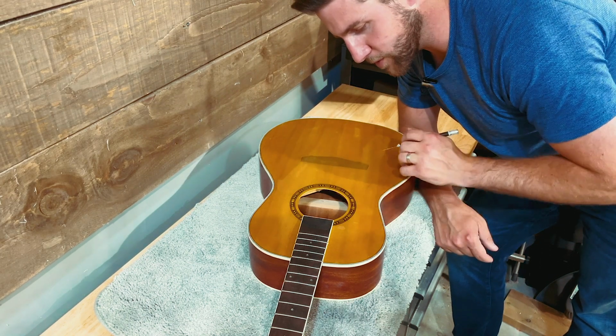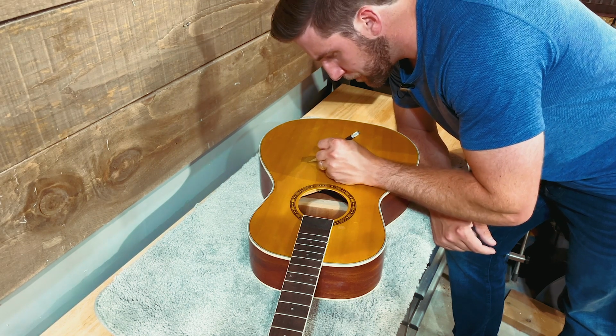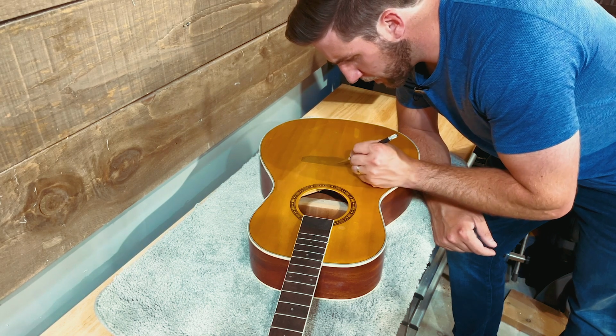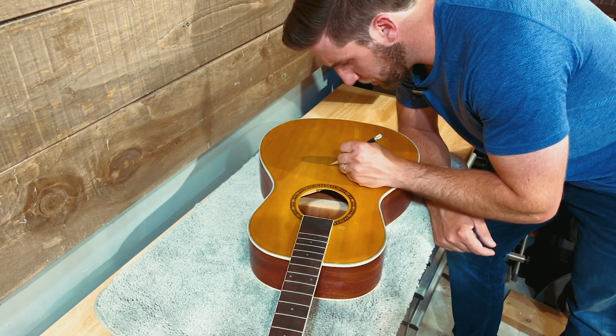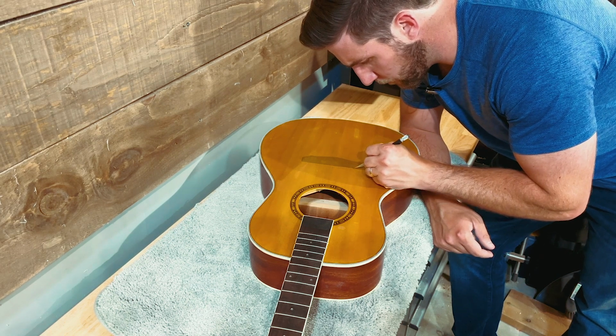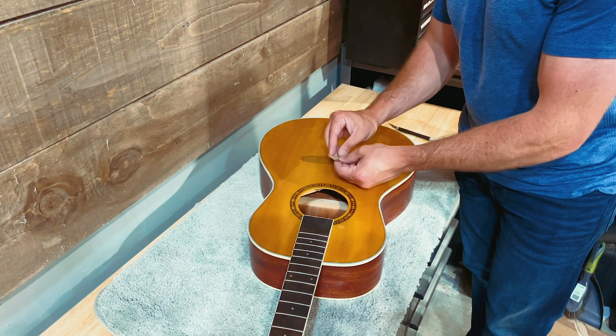We've already got one repair job to do where I burnt through it with my new polishing system that I have yet to perfect. But less repair work is obviously better. So finish cutting around this. All right, so now that I've cut all the way around that,